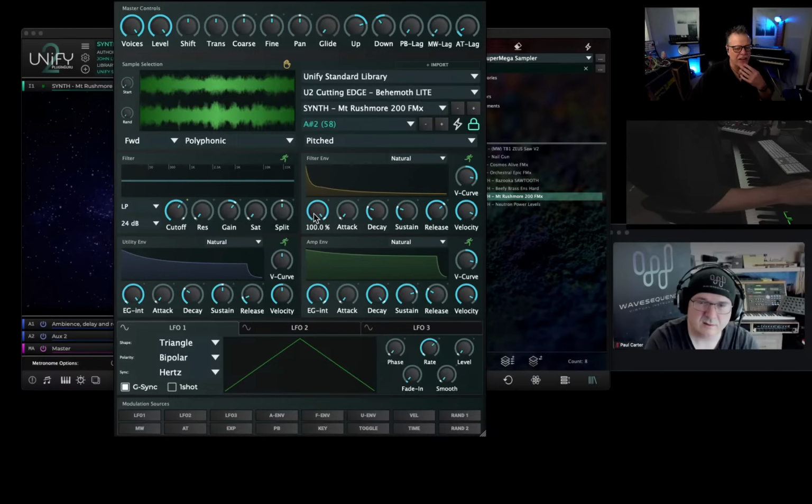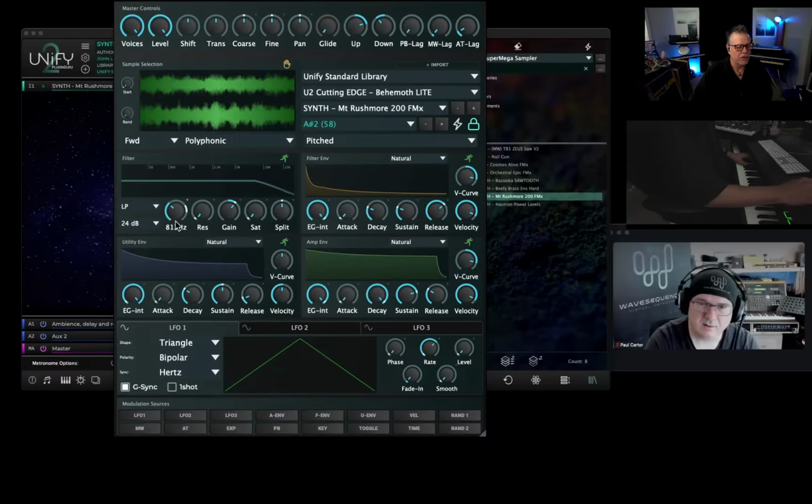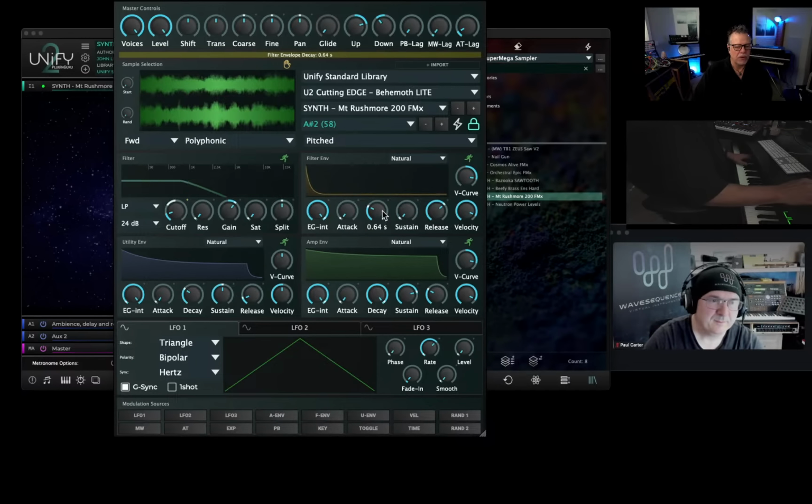A couple things that are kind of cool to point out. We now have 3 different curvature settings for the envelope, how it's going to work. So let's do this. Let's get this back to having velocity. If you double click on these, it resets them to 0. So let's play with the decay. Now, if I change this to linear,